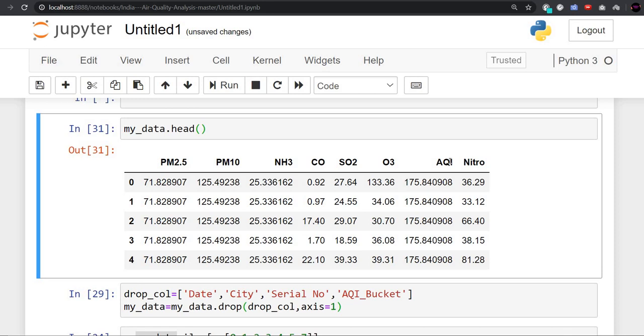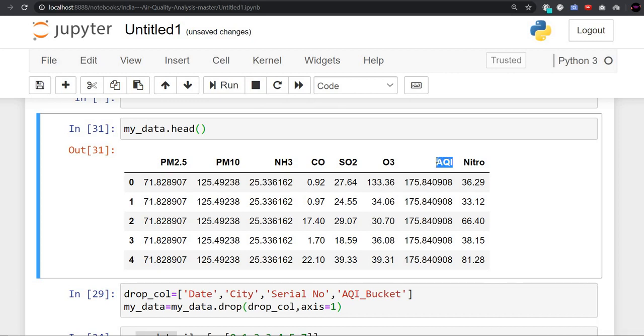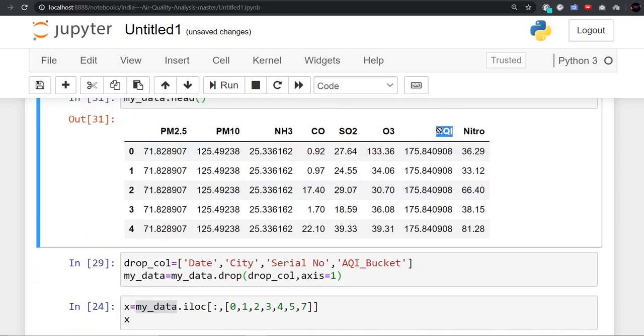We want AQI as our output, so for that reason we will not include it in our x variable, that is the independent variable. We will use it in our y variable, the dependent variable. Dependent variables are the variables of which we want the output.